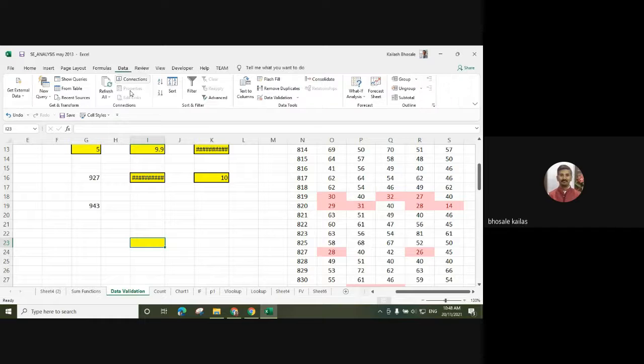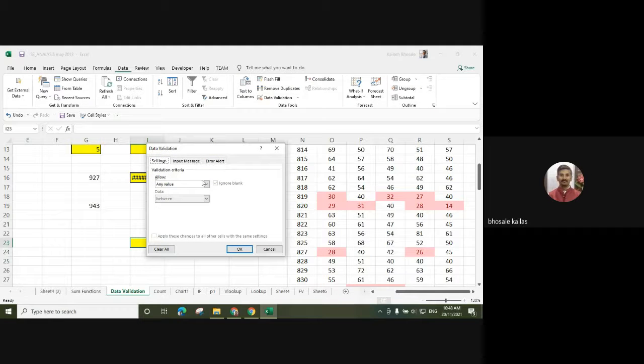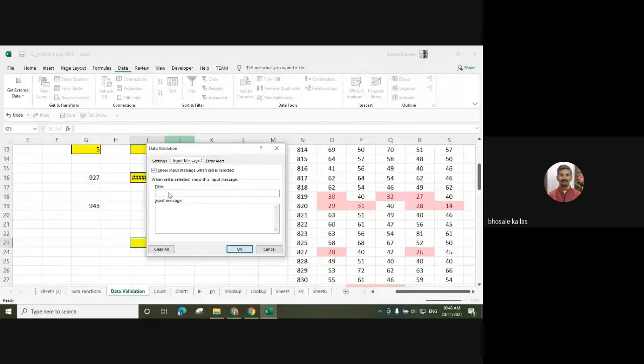So go to the data validation. Number should be a whole number between, minimum number is 0 and maximum number is 100. I want to enter numbers between these two values. If the value is not entered between 0 to 100, then what should be the error? What error should be given to the operator or the person? So I can give the input message. What is the title and what is the message? Input message I should give.